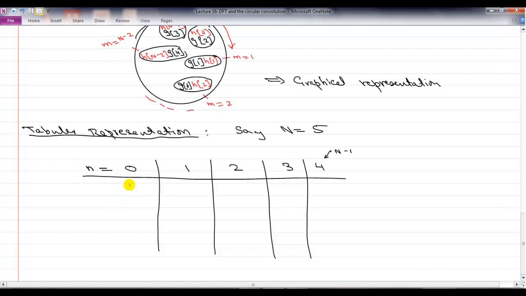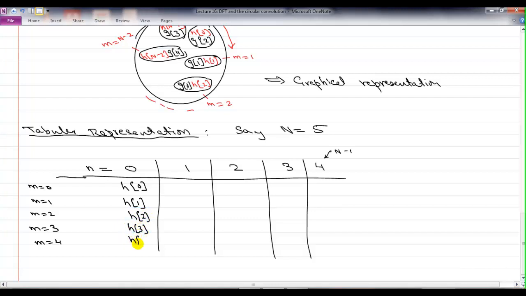So the first row is going to correspond to little m equal to 0, and that will have the value h0 first, h1 in the next row. So this is little m equal to 0 first row, m equal to 1 second row, m equal to 2 third row, m equal to 3, m equal to 4, and I will have h0, h1, h2, h3 and h4